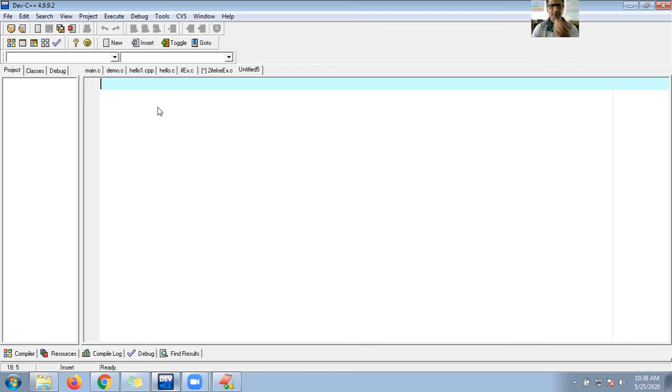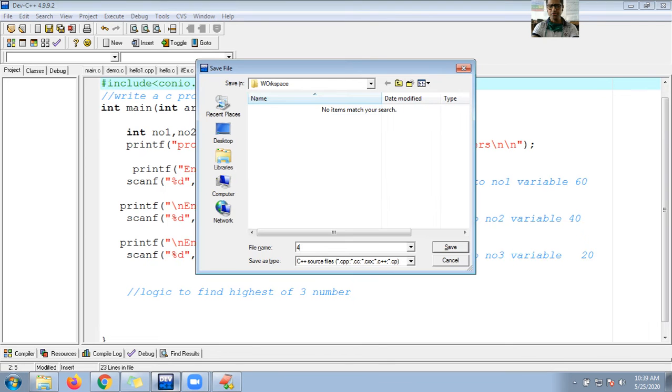So guys, let me close this tab. What should I do now? Write the logic. So write a program to check. Let me save first of all. So this is the fourth one, if else, not nested, it's a ladder. Okay, fine. Last time I made a mistake by using the file, but it was nested, not ladder. Now I'm trying to write it using a ladder.